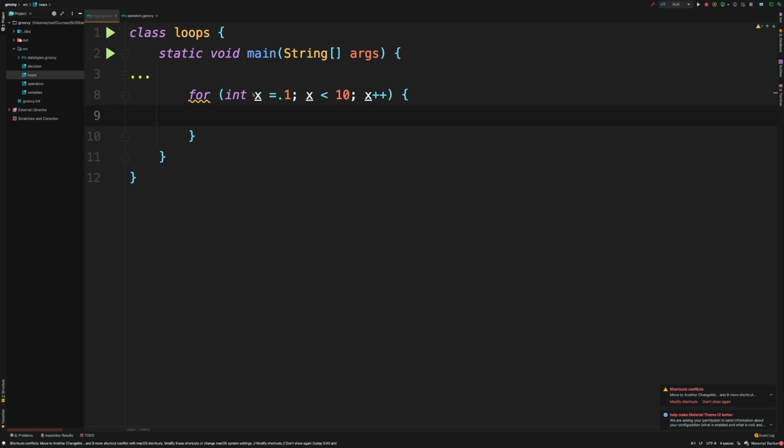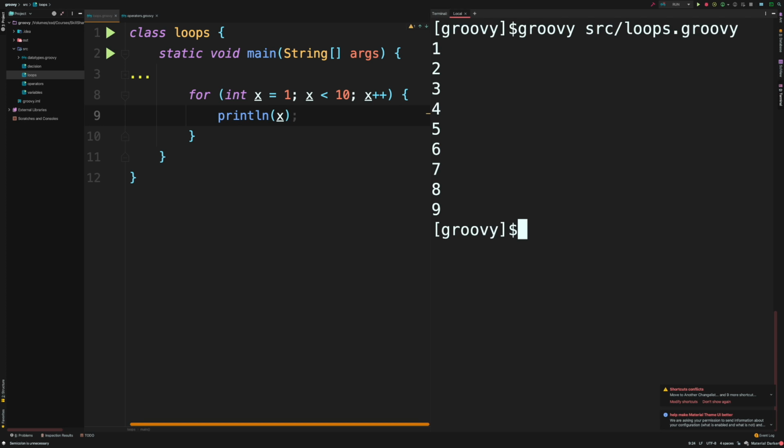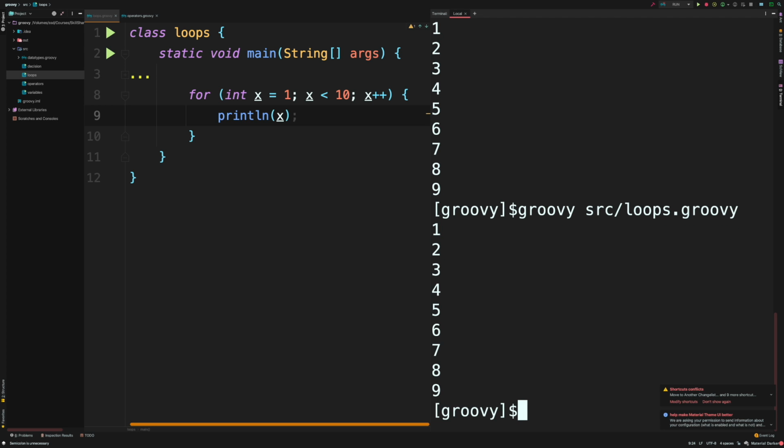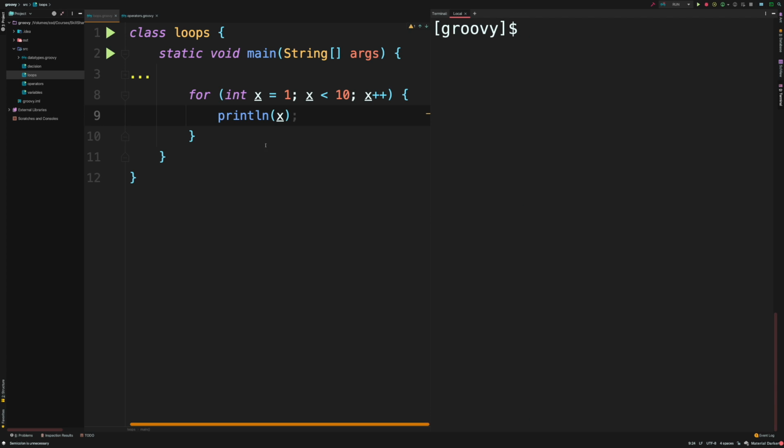To be able to break out of it, you need to have some sort of logic. Okay, so here I'm going to write some println. So let's just do println, and I'm gonna just print x, okay? And let's go and run this file. Once I run this, it gives me the same sort of result here, 1 to 9. All right, let's just close this part. Now, as you can see, we simply ran our loop up to 10 times given this logic. So that's a different way of defining a loop.